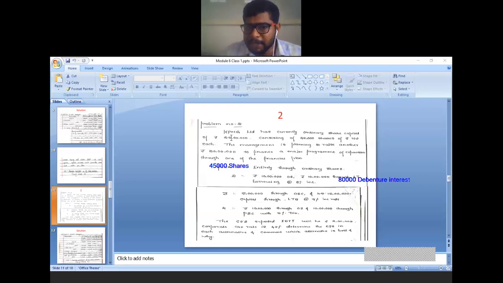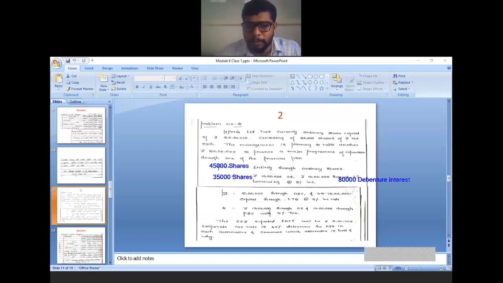Now can you tell me how much are the equity shares outstanding? See, existing capital structure 25 lakh. Now 10 lakh ordinary share capital. So 25 lakh plus 10 lakh, 35 lakh. 35 lakh means how many shares? 35,000 shares. That is the number of equity shares. But in this second case, preference share capital is not there.